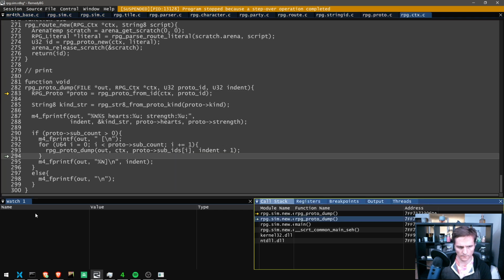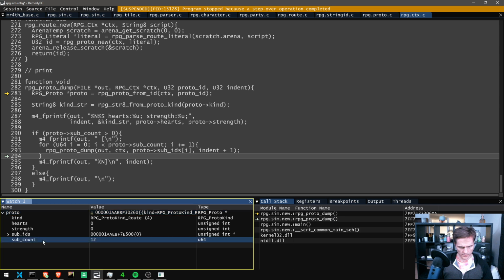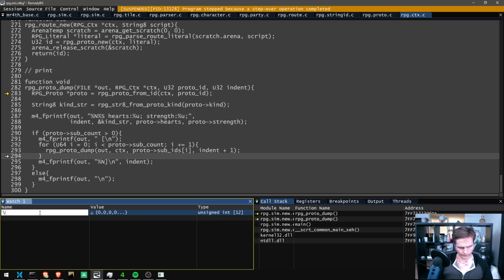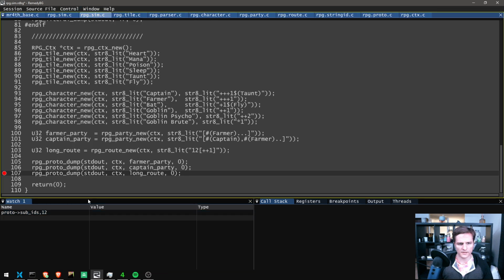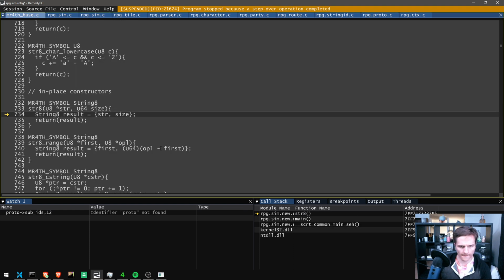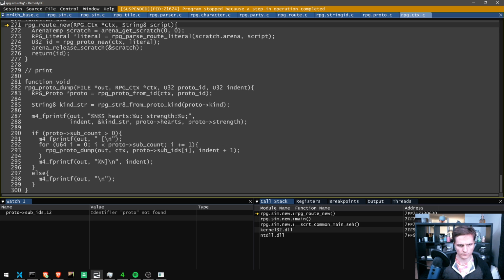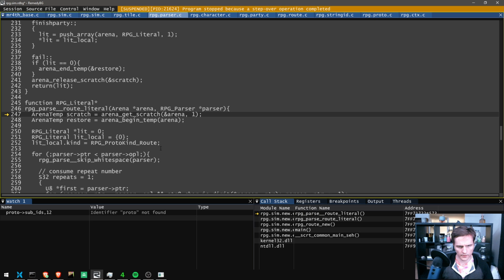Okay, that's no good. So our proto lists 12 children, but what do the sub IDs look like? They're all zeros. Okay, well that's good to know. That places the bug here. Route literal